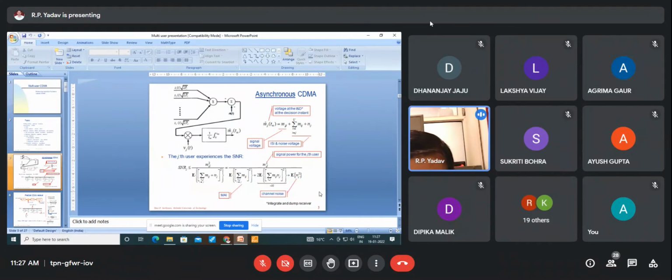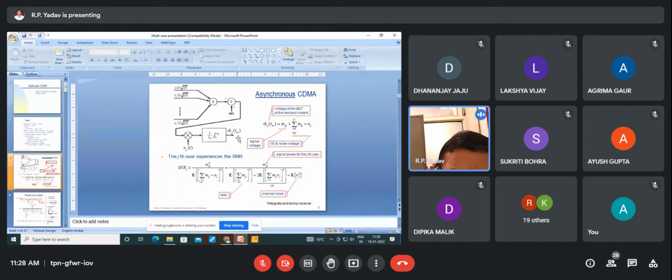You can say what is happening here. Look here, we have different signals, S1, S2, being generated. They are being summed up, and when they are transmitted, the noise comes into the picture in the channel, and then at the other side, you provide this particular code, and then you integrate it, and then you